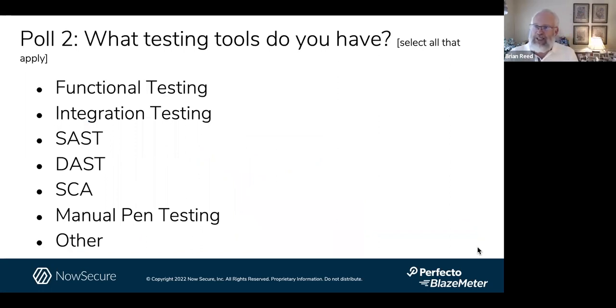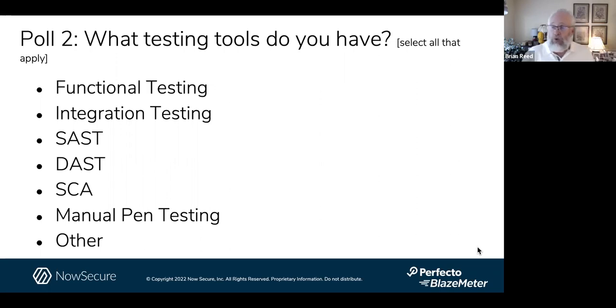Eran and I both come from testing companies. So what kind of testing tools do you have today? We're going to guess you probably have some kinds of tools that either your humans are using or running in an automated fashion in the background. Lots of different tools you might be using. So go ahead and answer the question here if you would.